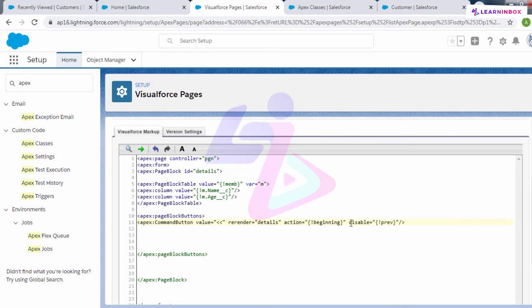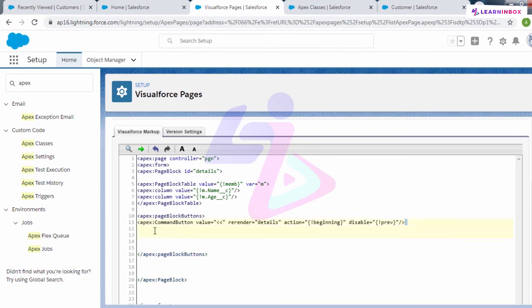So what it will disable here, it will disable the previous buttons. Okay, if you are on the very first page, it will disable the previous and beginning buttons.